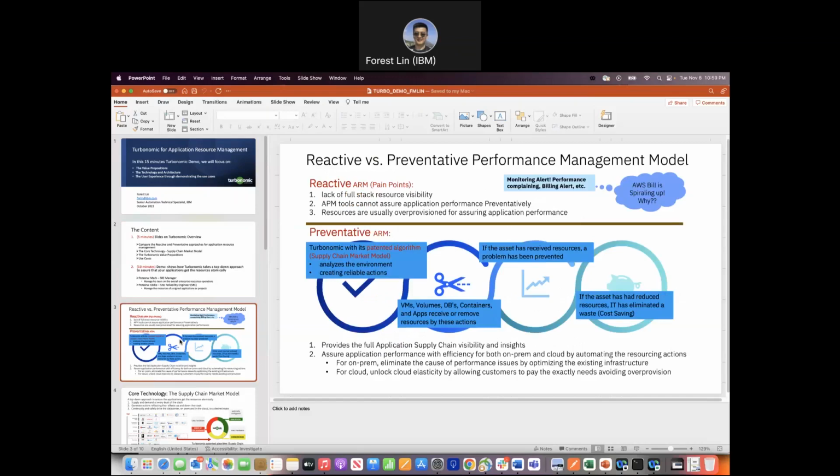First, let's compare the reactive and preventative performance management models. Most enterprises apply the reactive application resource management model. Basically, reactive ARM is based on monitoring alerts. Whenever there is an alert, a performance complaint, or a billing alert, for example, the AWS bill spiraling up,